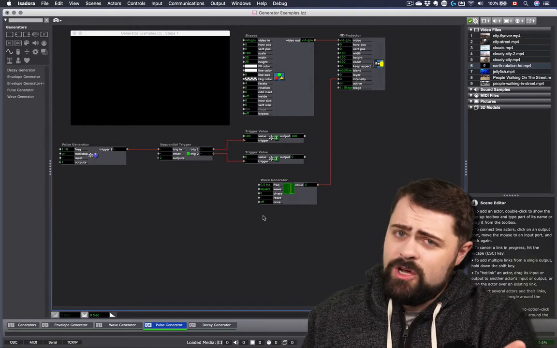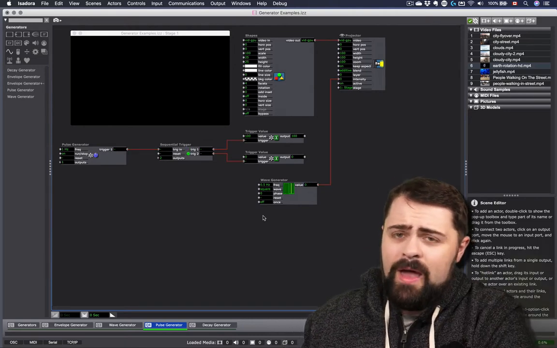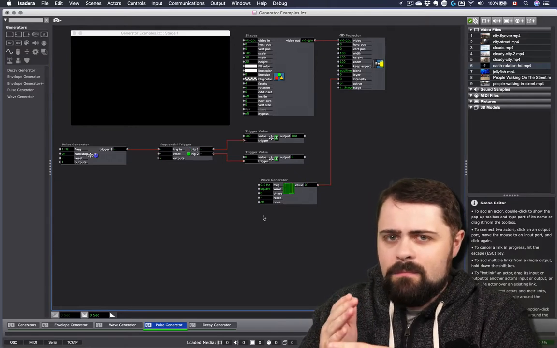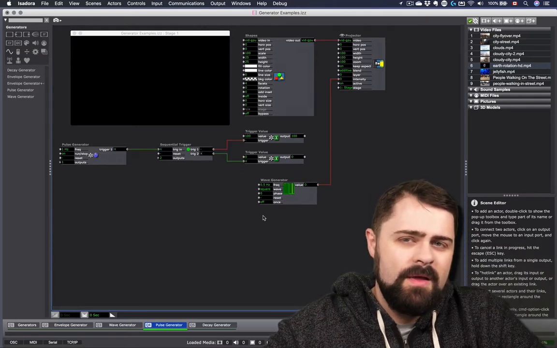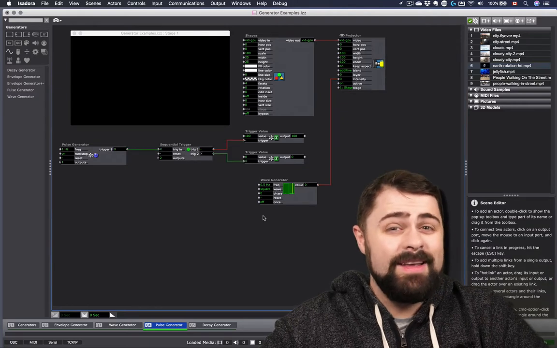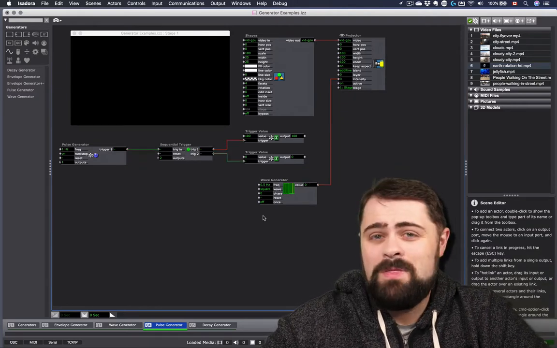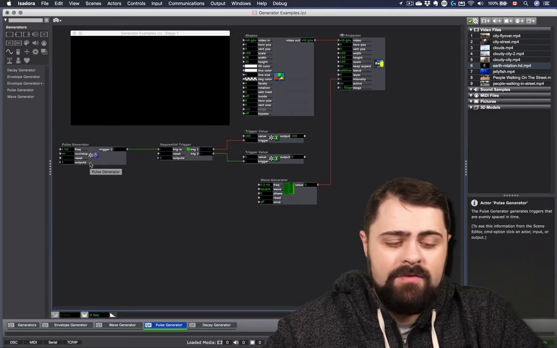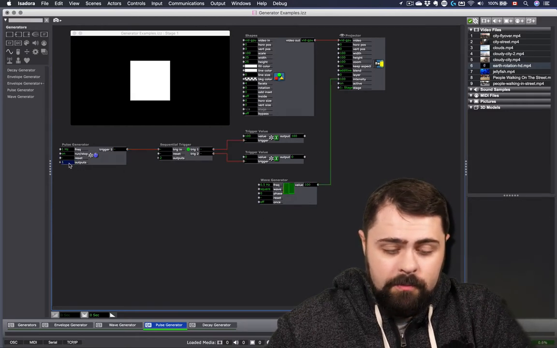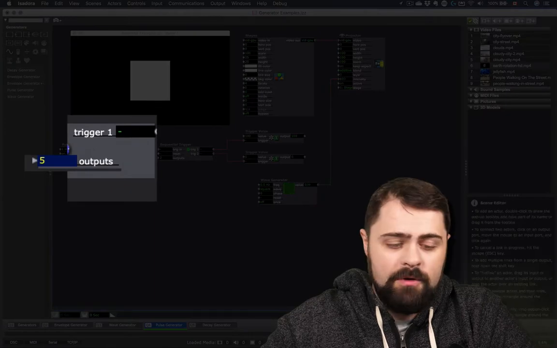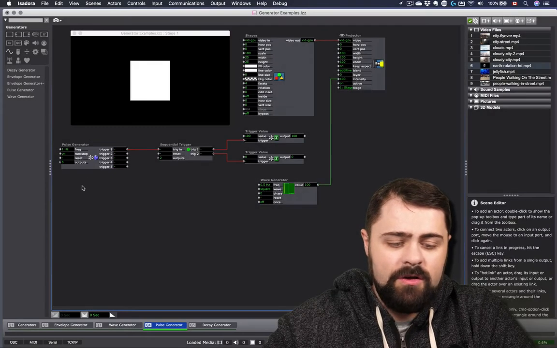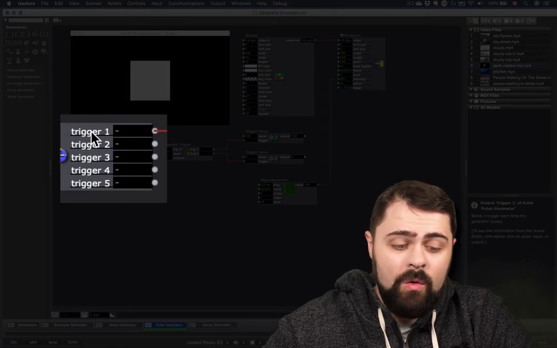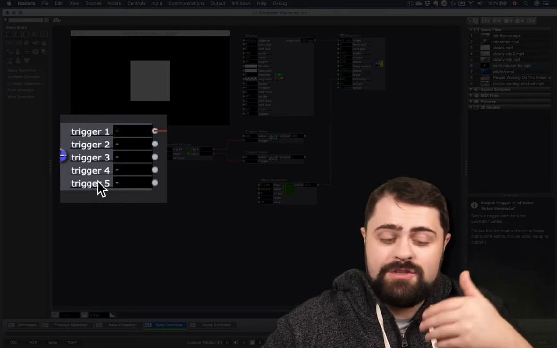The pulse generator is an invitation to heavily automate things in lockstep. It's got a lot of creative potential, but deciding what it's plugged into is really the biggest decision you're going to make with it. Of course, you can have the pulse generator with multiple outputs. By changing the output field, we can have several triggers on the pulse generator, and you'll actually see that these triggers go separately in a sequential order.